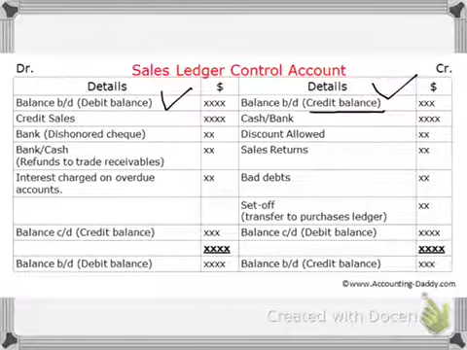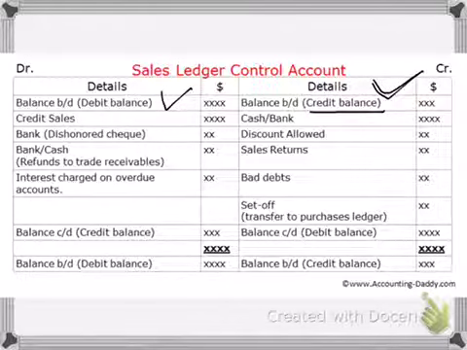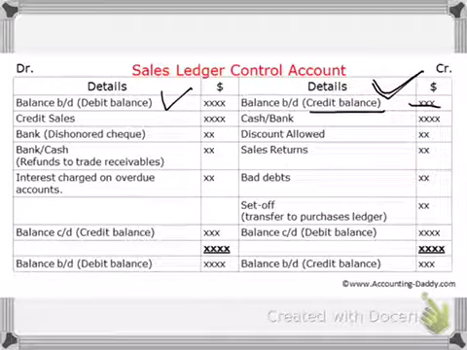sometimes there are overpayments. Now what are overpayments? Overpayments are, for example, someone owes me $150, but he ends up mistakenly paying me $180. Now the 30 rupees extra that I've received, now I owe that 30 rupees extra to the customer. I need to give it back to him. So that 30 rupees extra will be shown here as a credit balance, right?